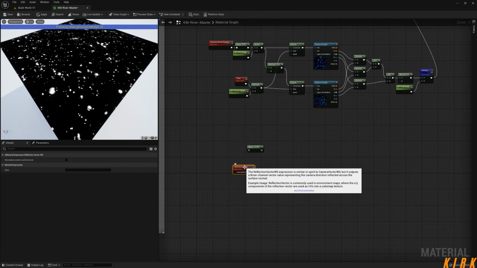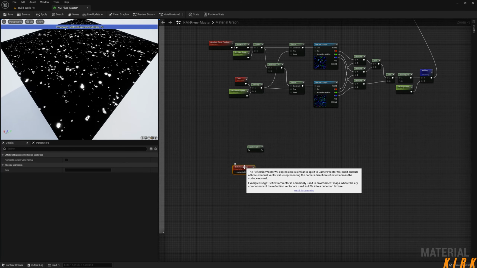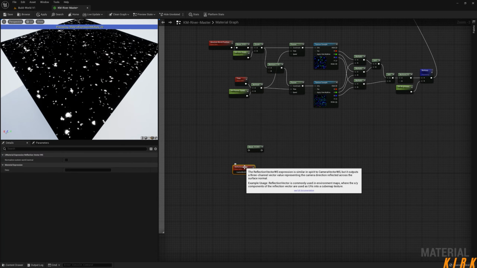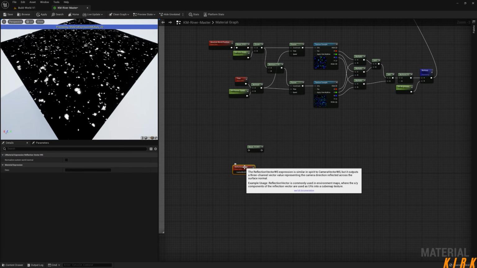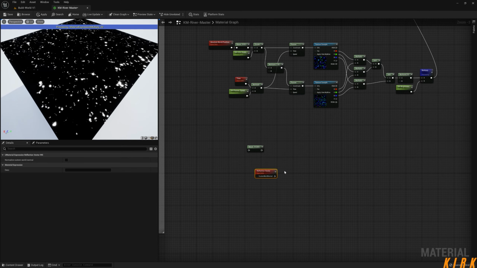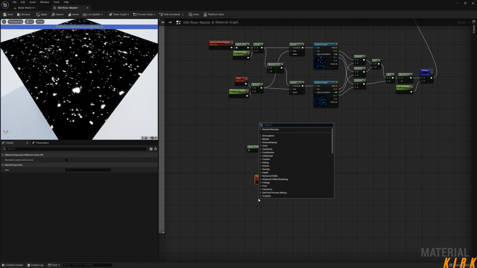Right, as you can see there, the reflection vector in world space expression is similar in spirit to the camera vector in world space, but it outputs 3 channels. Right, okay. Representing the camera direction reflector. Right, okay, so what this is doing now, it's going to enable us to use our 3 channels from our texture, and instead of having to create a load of camera